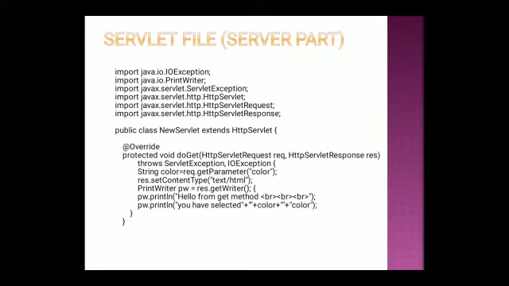So two kinds of exceptions it may throw. Then we have to accept that particular color which has been sent from the client. For accepting it, we will be using the getParameter method of your servlet request. We are storing that color value, which has come from the client, in the form of a string: request.getParameter, that value is nothing but your color, and response.setContentType.